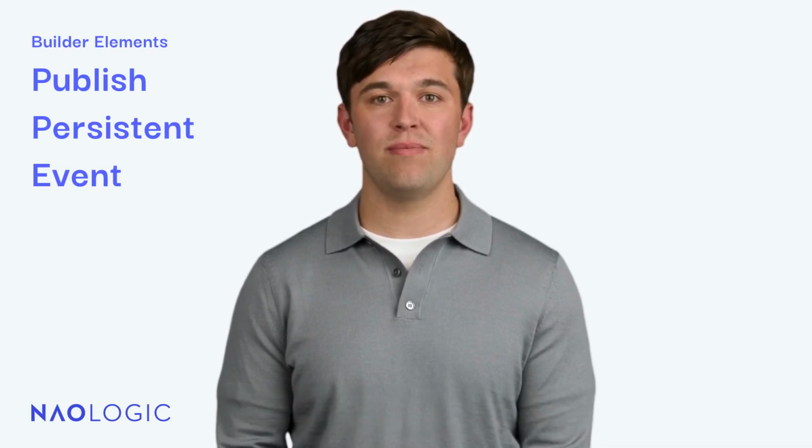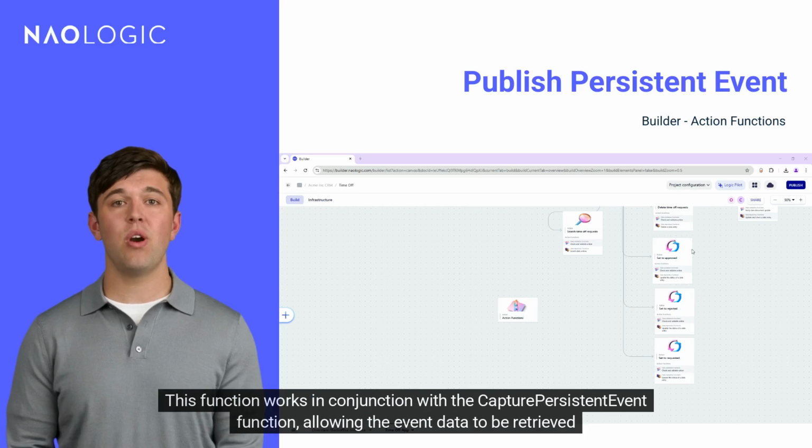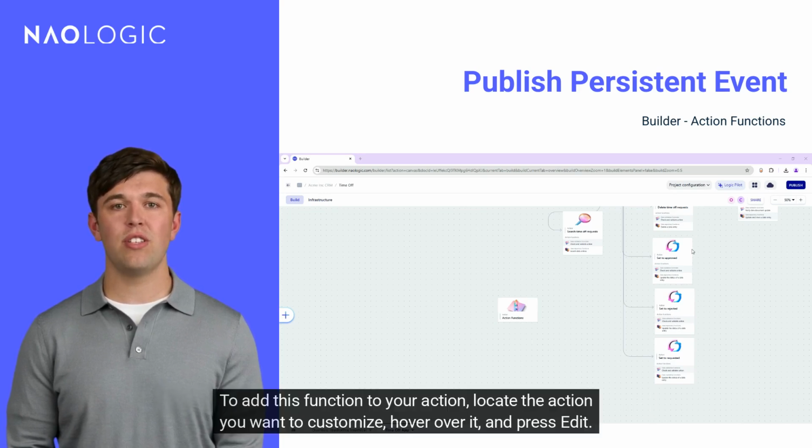Let's get started. The publish a persistent event function is used as part of an action workflow. This function works in conjunction with the capture persistent event function, allowing the event data to be retrieved as a snapshot for future use. To add this function to your action, locate the action you want to customize, hover over